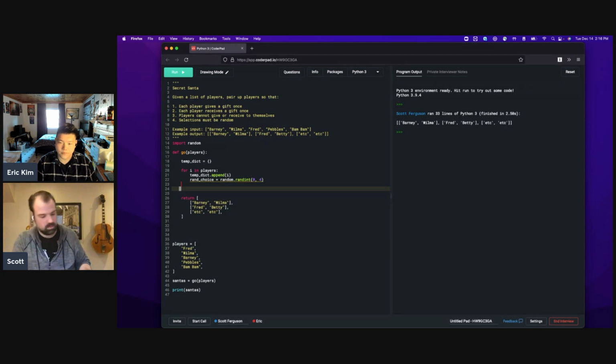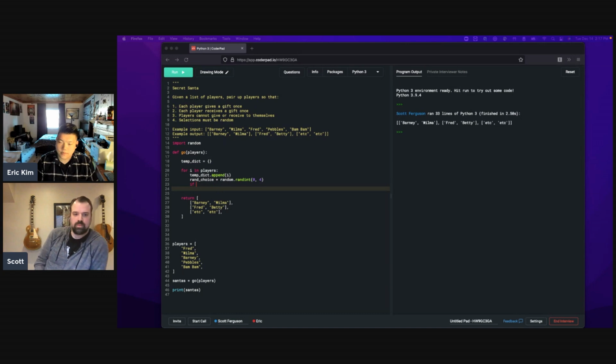Sure. So we would have to have some sort of way to ensure that once a number has been chosen, it does not get chosen again. So we could have an if clause. Let's say Fred gets 1, so he gives it to Wilma, and then Wilma gets 1 again. So we would have to prevent that from happening. So if rand choice, I guess maybe something, we would somehow have to. Okay, so from the dictionary. Okay, so Fred gets